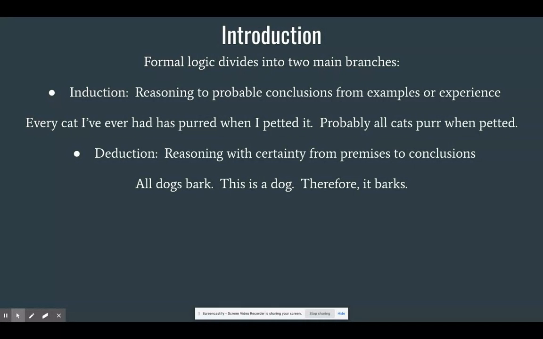Yes? What if there's an exception to deductive reasoning? Say, with the dog example, all dogs bark. This is a dog, therefore it barks. What if it's a mute dog? It can't bark. So I'm glad you brought that up, and I was counting down in my head till someone did. So when we do deductive reasoning, for example, if I said all dogs have 4 legs, okay, do all dogs literally right now have 4 legs? No, there are some 3-legged dogs. But think of it this way, is the standard model of dog that they have 3 legs or 4? 4. So we're going to deal with the standard model, okay?